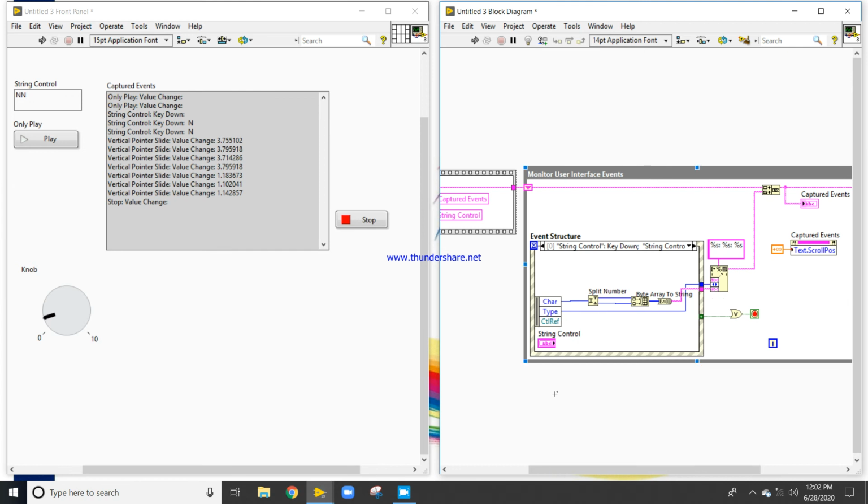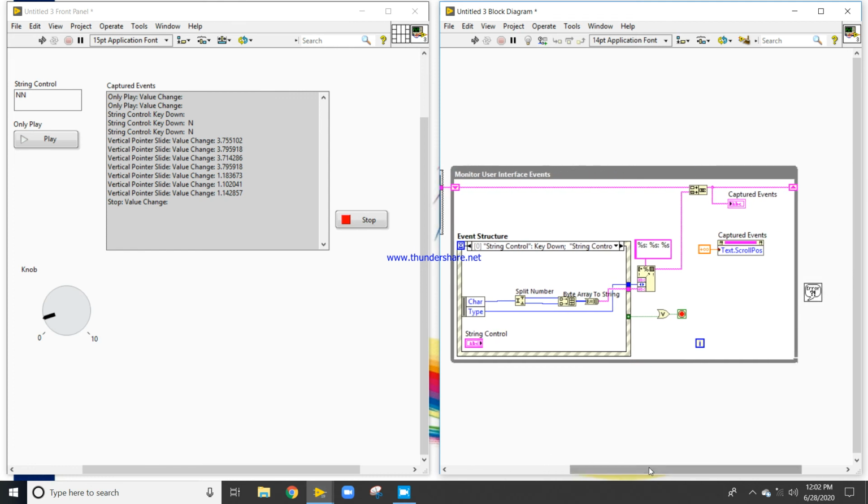Control B, delete this one, delete this one. Good. Now I will delete this and this, connect this one here, and remove this one.